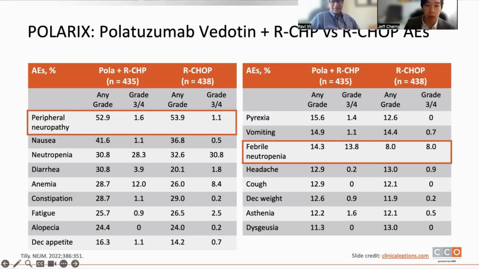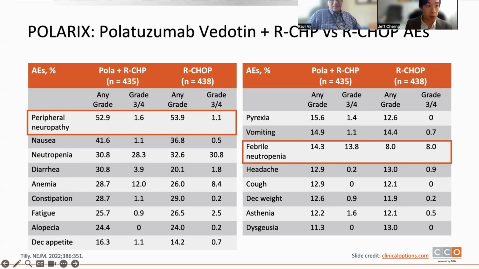Thankfully, the risk of neuropathy versus vincristine and polatuzumab seems to be similar, but there may be higher rates of gastrointestinal toxicity, at least low grade with polatuzumab, higher rates of diarrhea, and certainly there seems to be maybe higher rates of febrile neutropenia with our Pola-CHP. So,